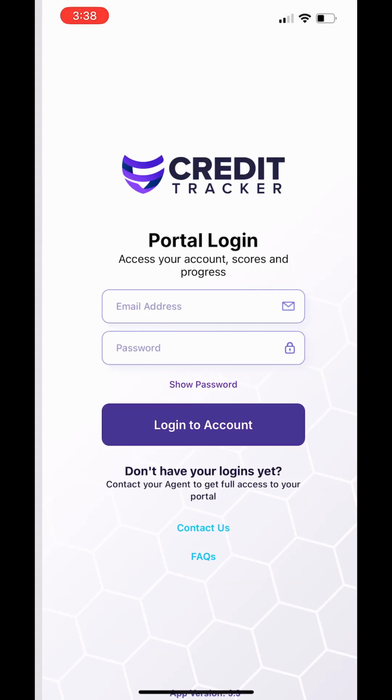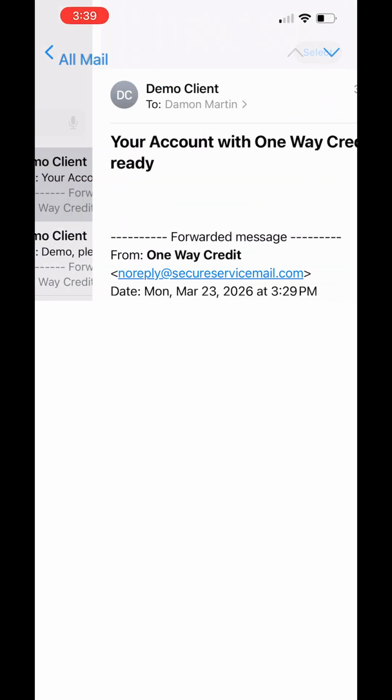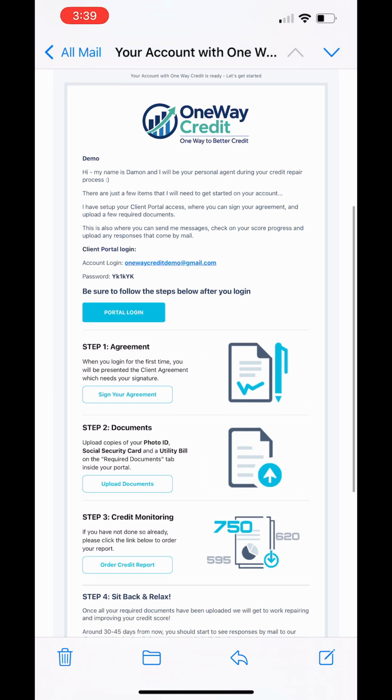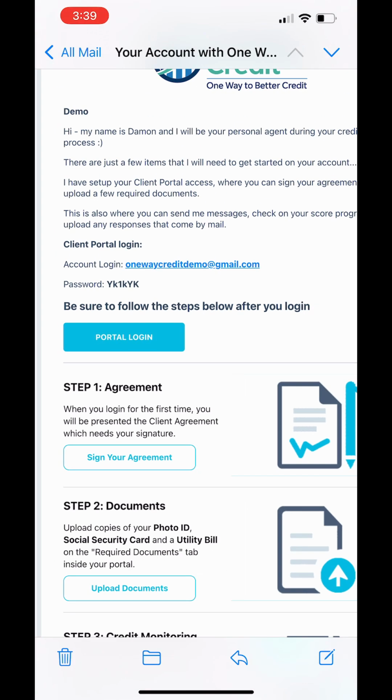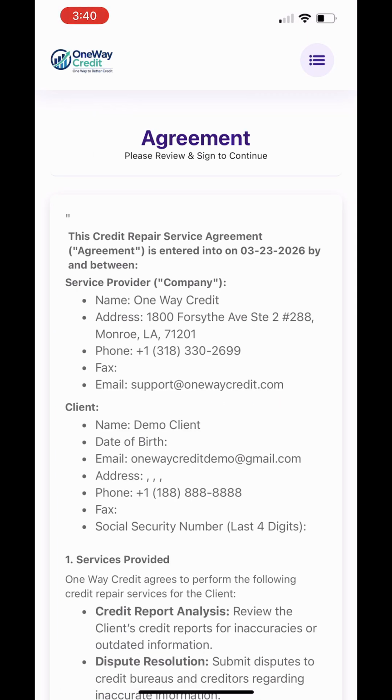Once you open it, it's going to prompt you to put your username and password in. You're going to go back to the email, and it's going to have your client portal login. You can zoom in and copy and paste that into the mobile app. And once you get your password in, you're going to click Login to Account, and it's going to prompt you